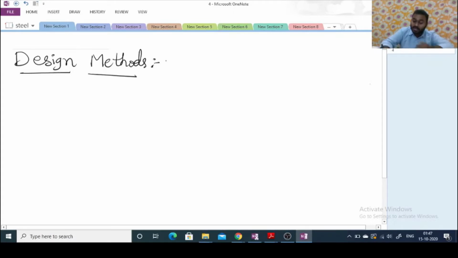Regarding these design methods, IS 800 is a reference. It means in different versions of IS 800, the various design methods were mentioned. Now let us see what are those design methods. First let us list out the various design methods and later we will see each and every method. So first here is working